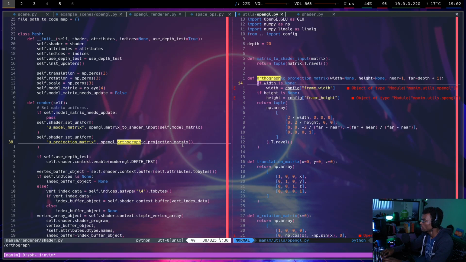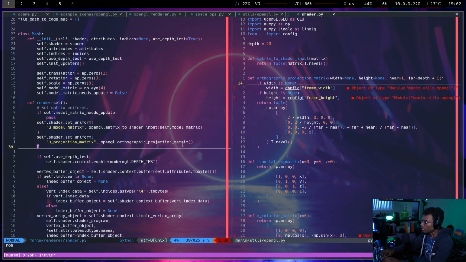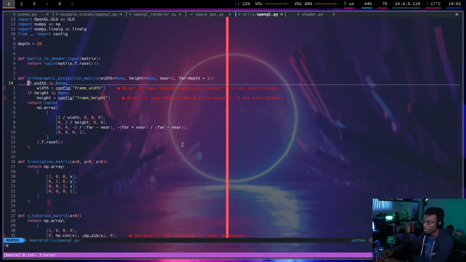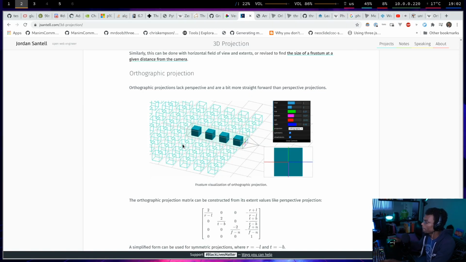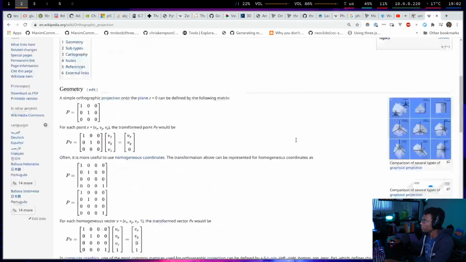Okay, so this is the orthographic projection matrix. The formula for this is fairly cookie cutter. I didn't do anything crazy. Wait. None. Okay, so it's defaulting to using the frame width and the frame height. And for the far and the near, it's using 1 and depth plus 1, which I guess I'm using 20 for the depth. But I'm just going to bring over the formula for a